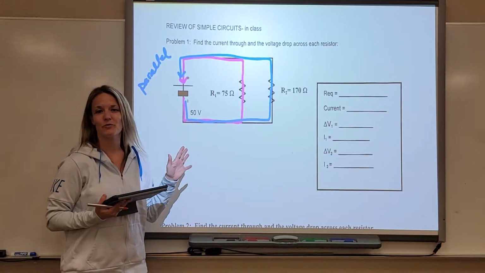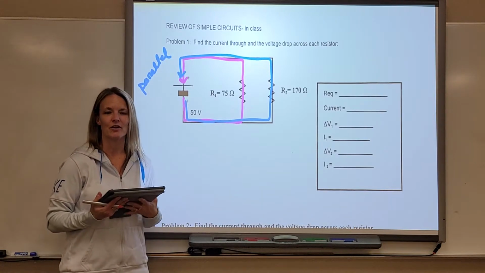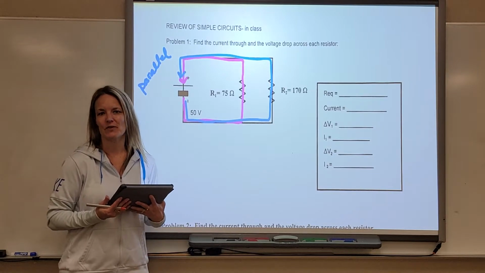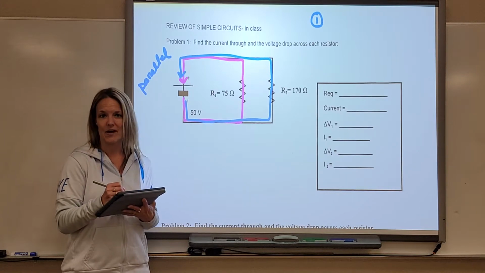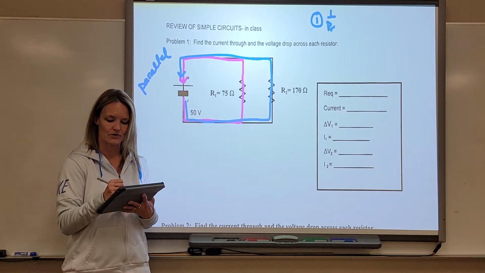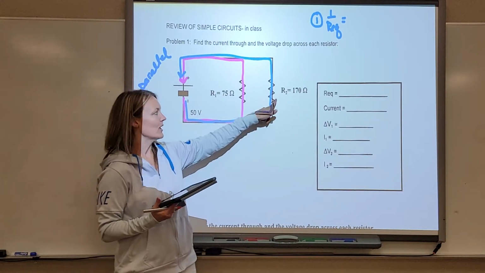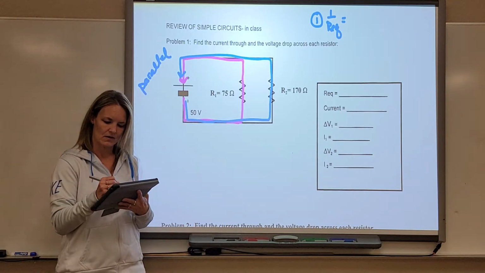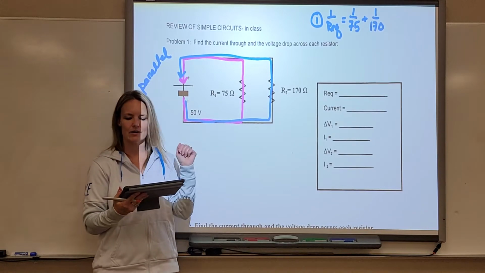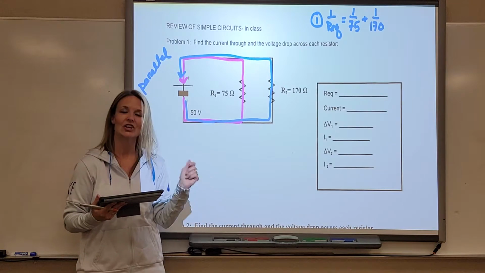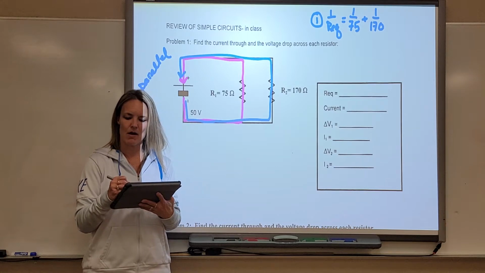From there, if you remember from before, because there are multiple paths, when you look at a parallel circuit, you have to find the total resistance, the REQ, and you have to do 1 over. So step 1, we're going to find the total resistance. For parallel, we have to do 1 over REQ equals 1 over 75 plus 1 over 170. So into my calculator, I type 1 divided by 75, I hit enter, plus 1 divided by 170. That gives me a really small decimal,